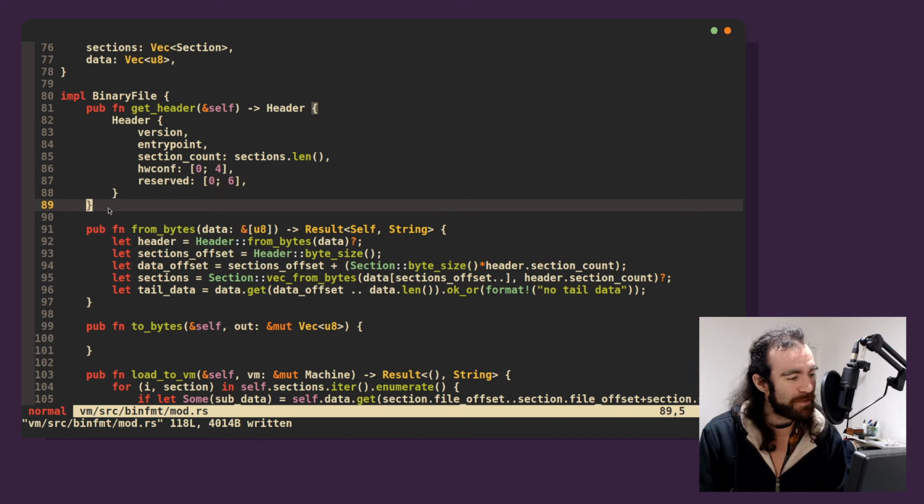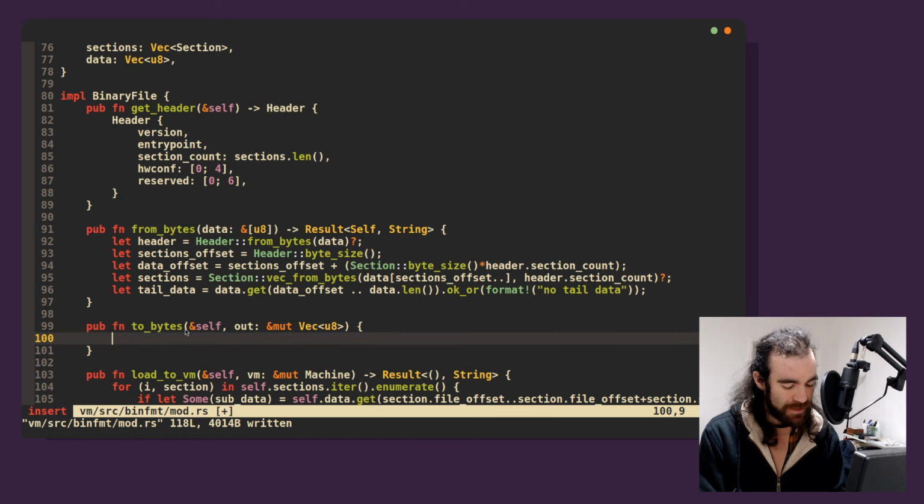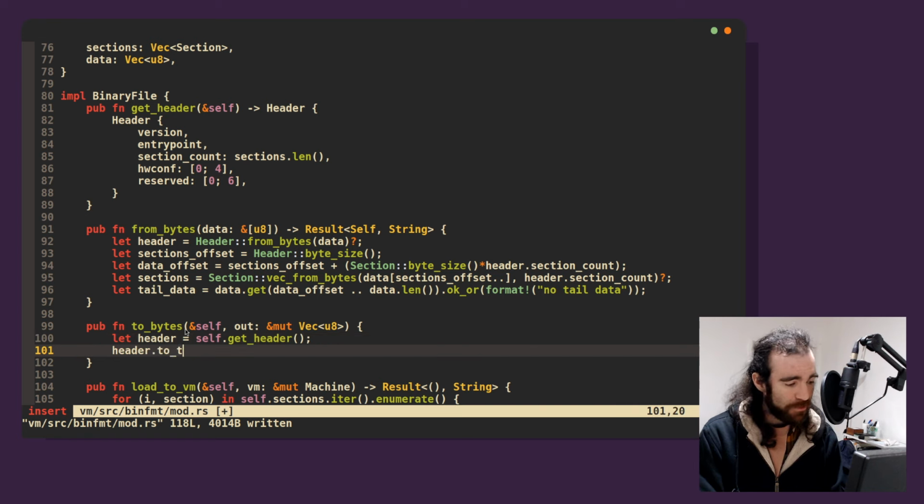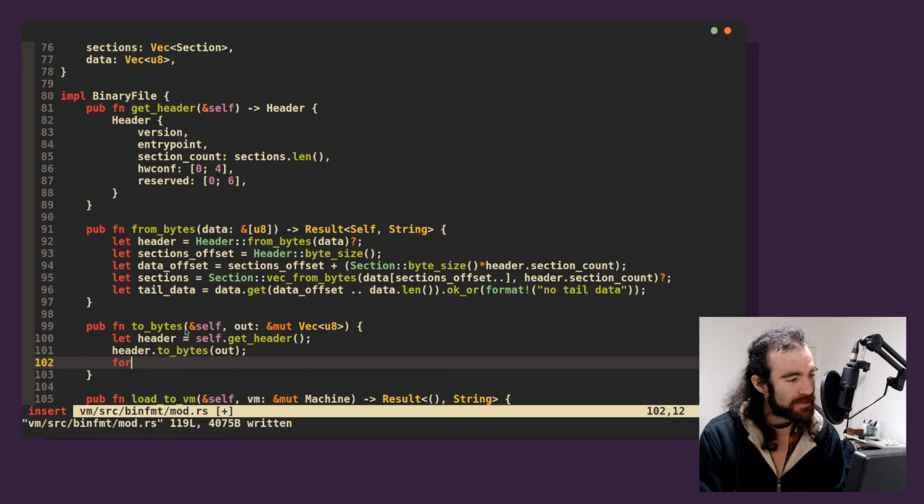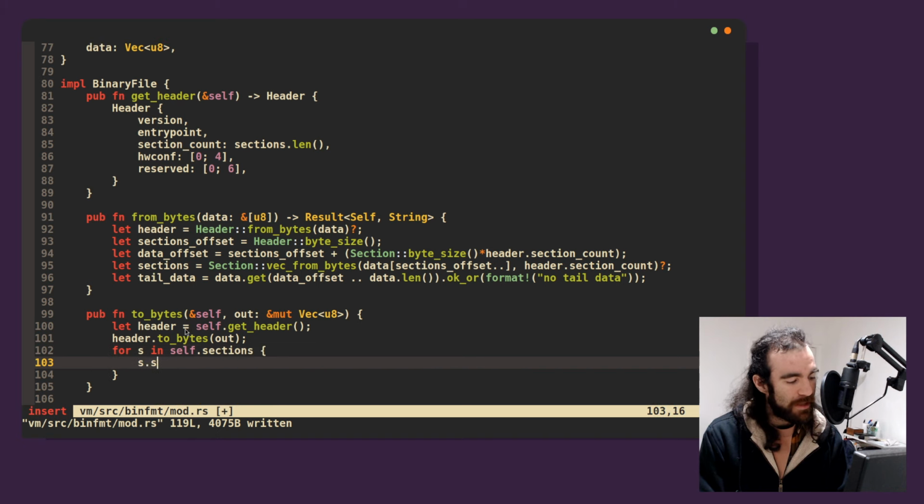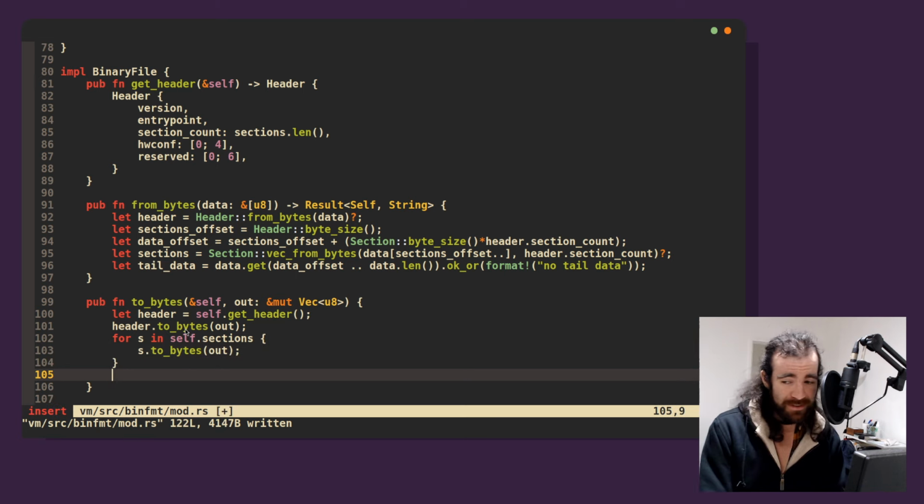That's good. So it's important to be able to get a corresponding header from this, because the first thing we're going to do here is say let header equals self.getHeader. Then we say header.to bytes, we pass in this mutable vec. Then we say for s in self.sections, we want to s.2 bytes, dump it into this file, and then we want to, well, I guess, maybe